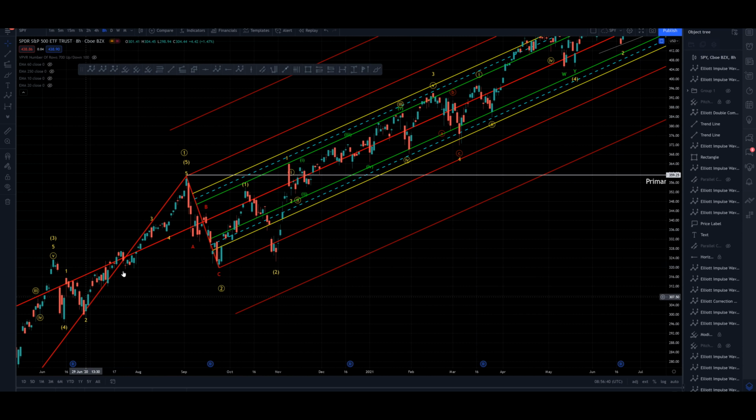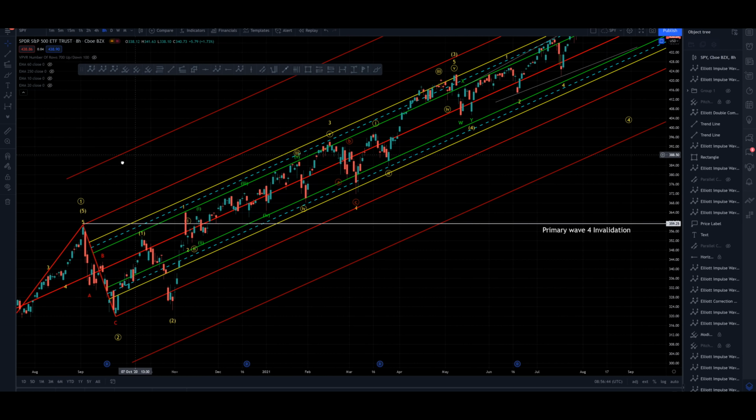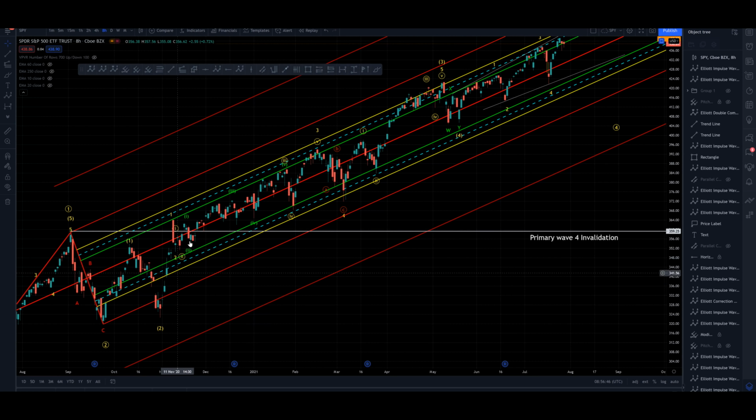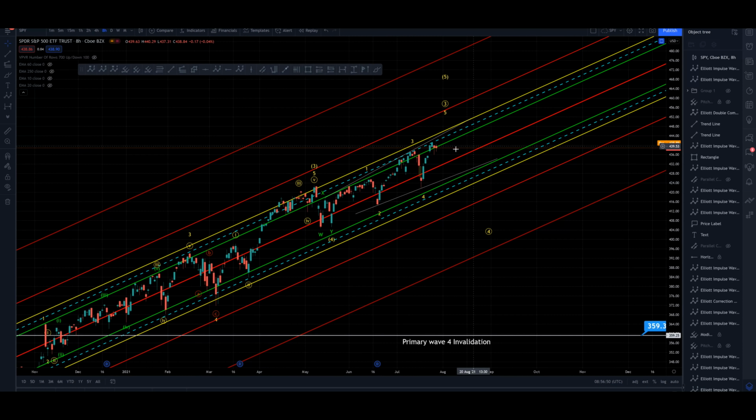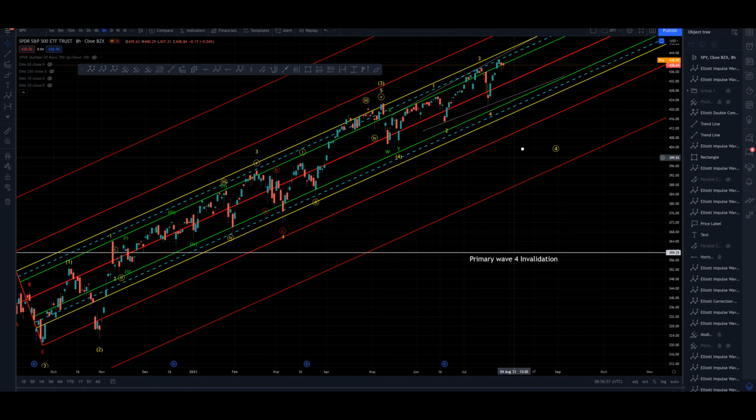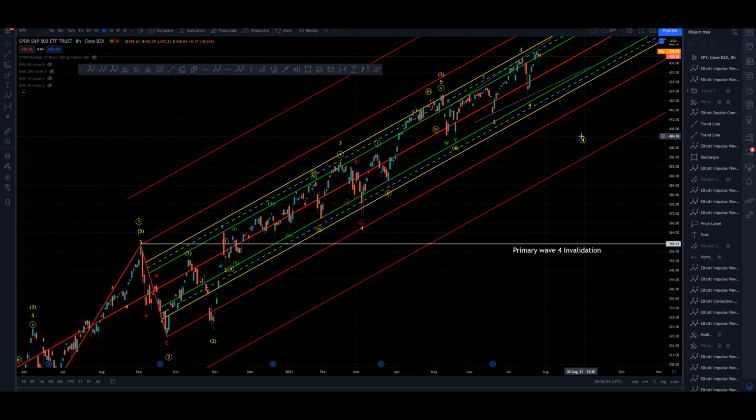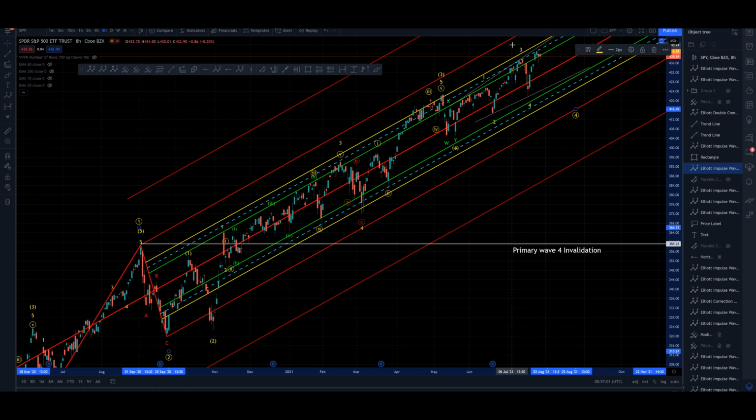So take off of this wave 1, wave 2 swing here. We can see how once again it traded around the median line. All of this was around the median line. We haven't really come up to the outer edge of the pitchfork yet. We just keep using the median line as support or swinging around it. So I think a wave 4 internal correction, or correction within the usual bound of the pitchfork, would be perfectly